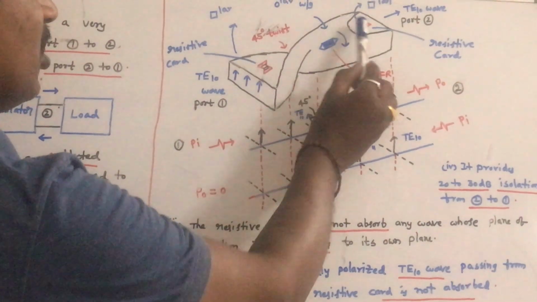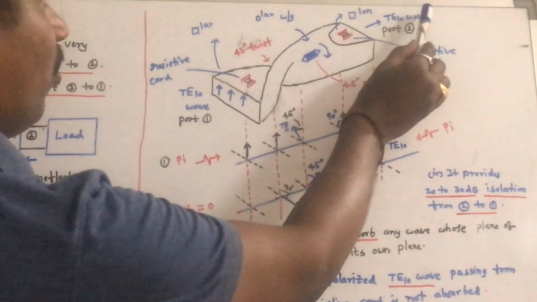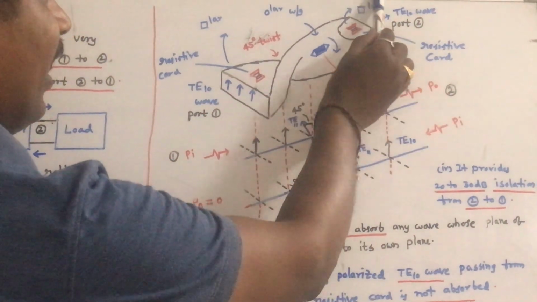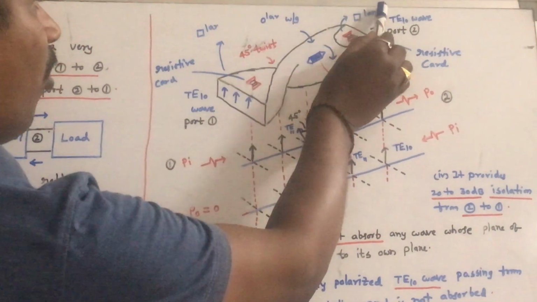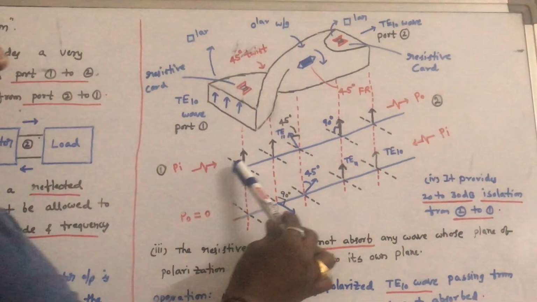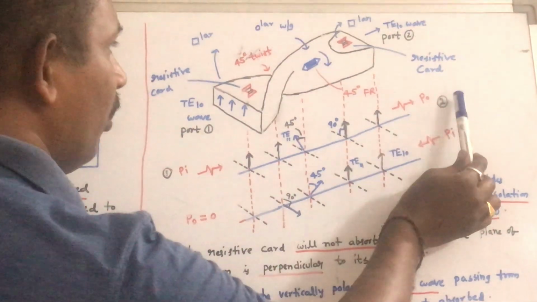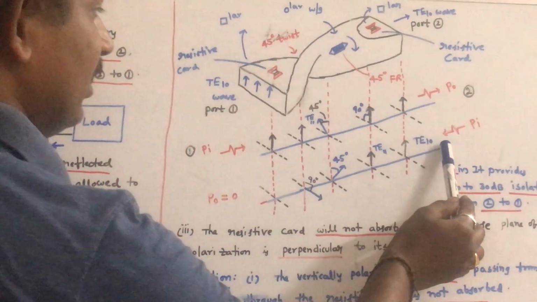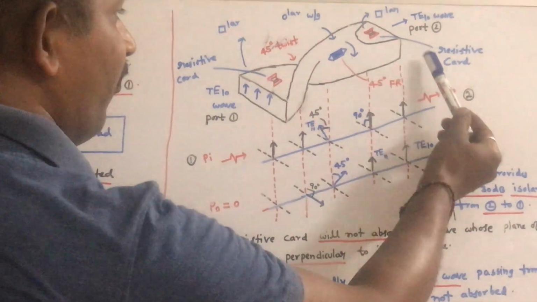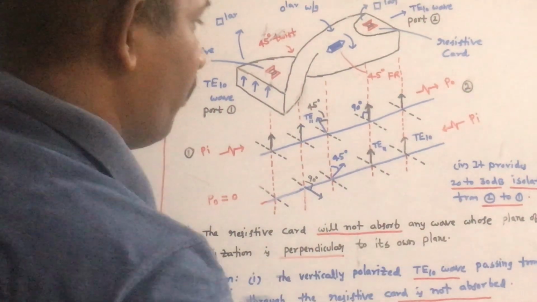So these two are resistive cards. This is the TE10 wave at port 1. The output is also TE10 wave at port 2. So again the output, this is circular waveguide, the output is also rectangular waveguide. So see, this is the diagram. What happens to the polarization when the wave travels from port 1 to port 2, and this is the diagram which is how the plane of polarization of the wave changes when the wave passes from port 2 to port 1. Let us see this and this in the operation.